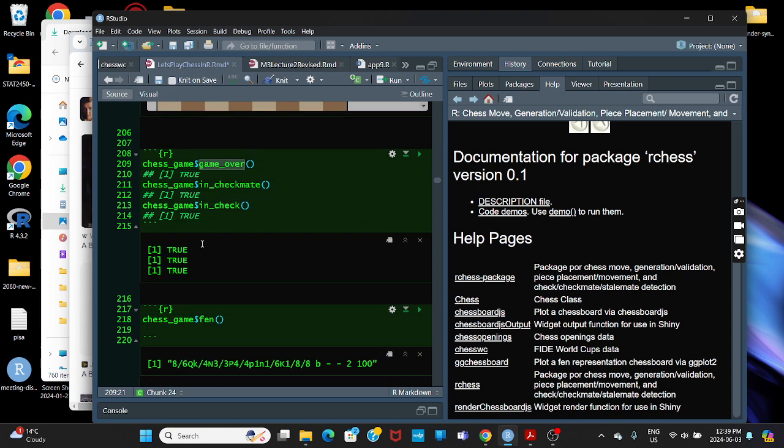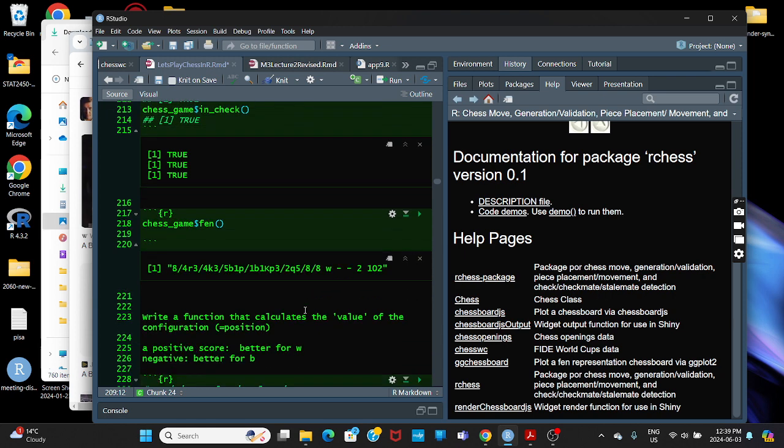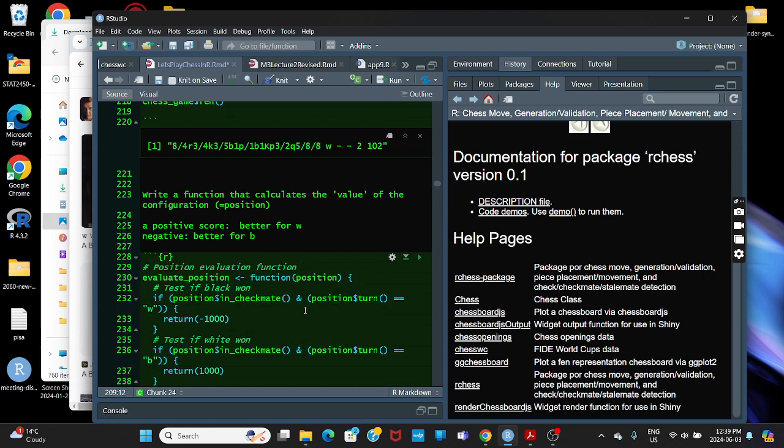Okay, and that's why you get true, true, true for the result. And if you look at the position, well, that's the position we have, in Venn notation. So that's the position of the last board. Now, if we want to write a better chess engine, what we want to do is